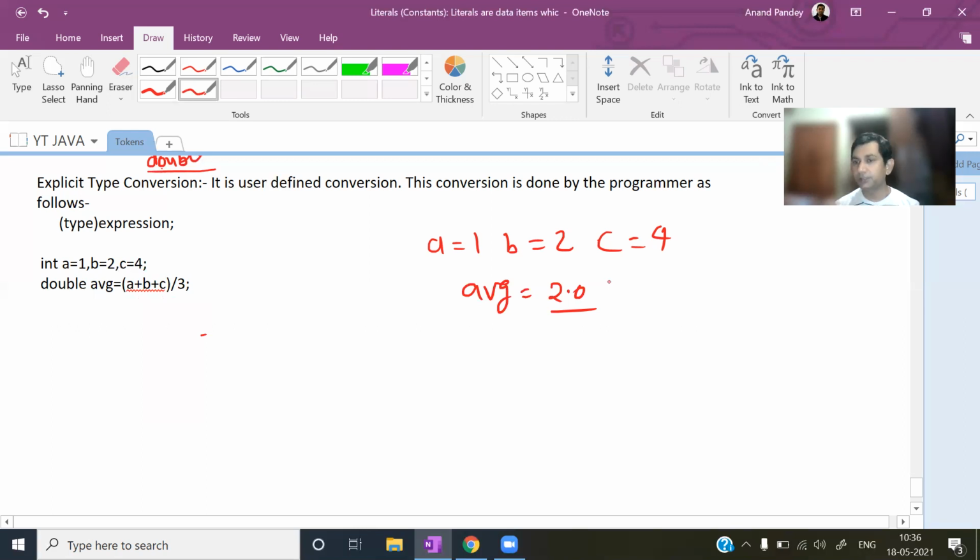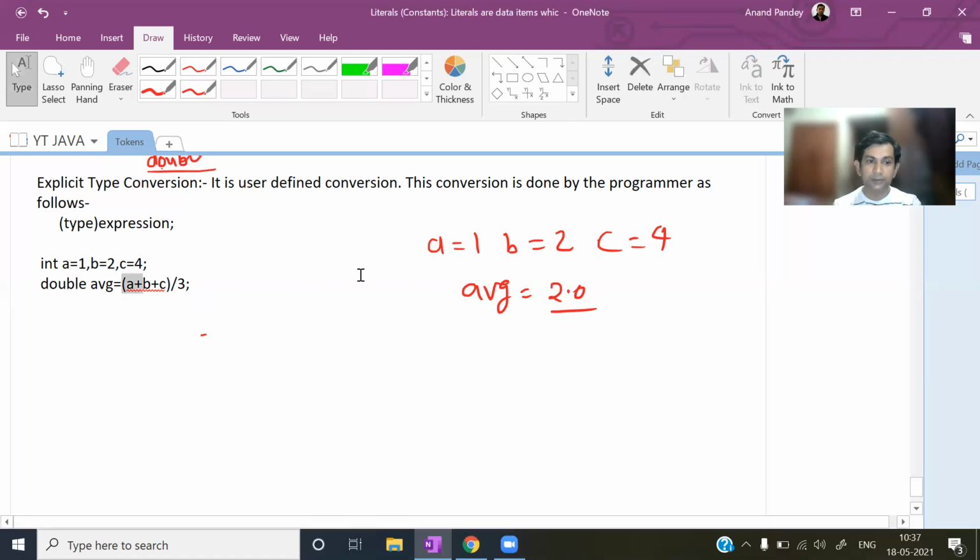We are not getting the correct result in ABZ. It should be 2.33. But since A, B, C, and 3 are of integer type, we are getting an integer result. Integer result means we have to convert this into double type, then we'll get the proper result. So to get 2.33, we have to convert it into double type.